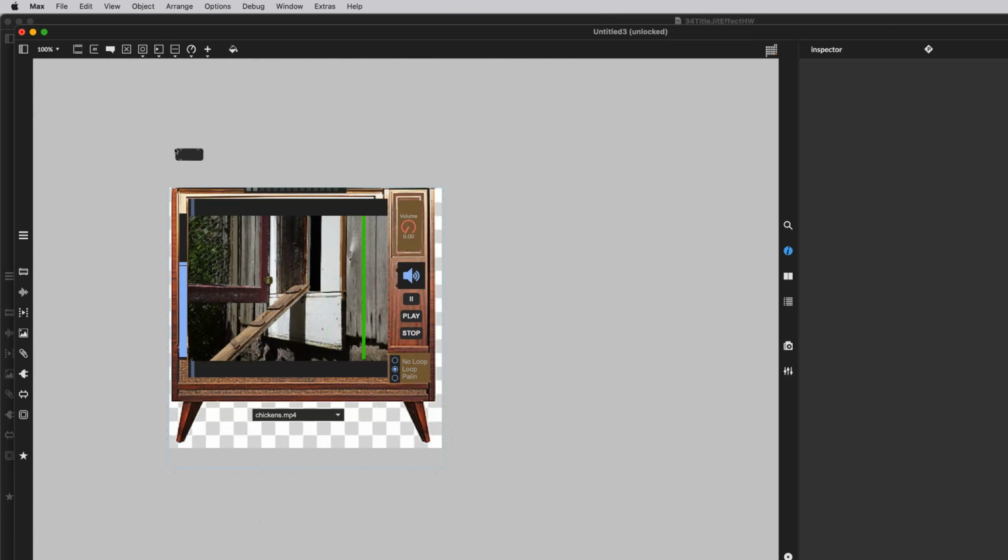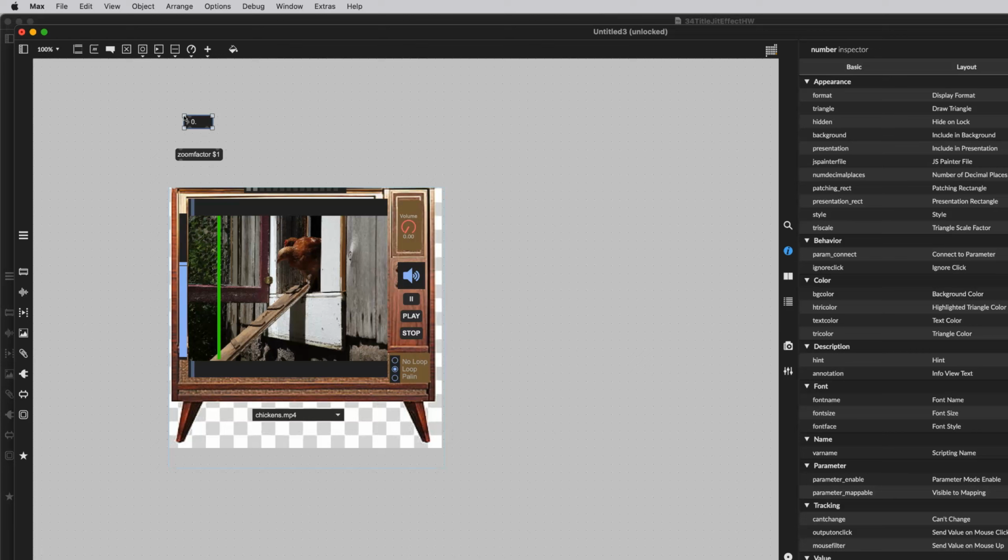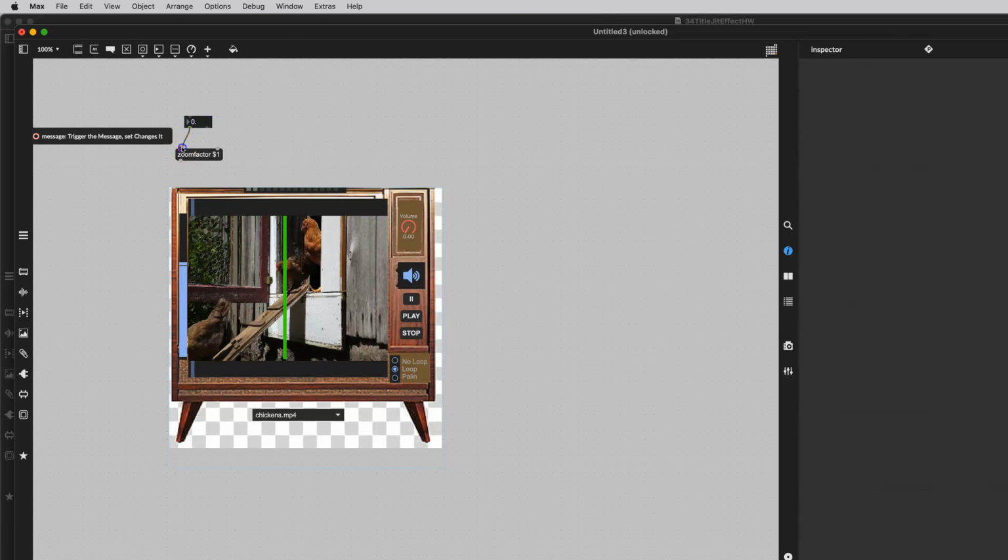Type the letter M, type zoom factor, and then type the $ string 1. And then above that, we'll just type the letter F, and you'll get a float box. Connecting them all together,